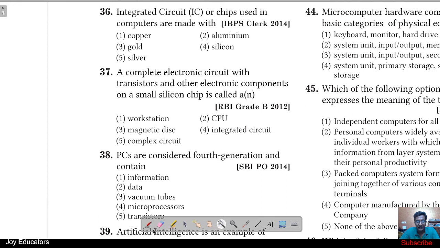So integrated circuits, the chips used in computers, are made with dash. Made of copper? It's made with silicon. Okay, transistors? No, not transistors. In wire we use copper. Normally in ICs we only use silicon. Silicon means sand. You know beach sand, right? With beach sand only we made integrated circuits. And a complete electronic circuit with transistors and electronic components on a single silicon chip is called as